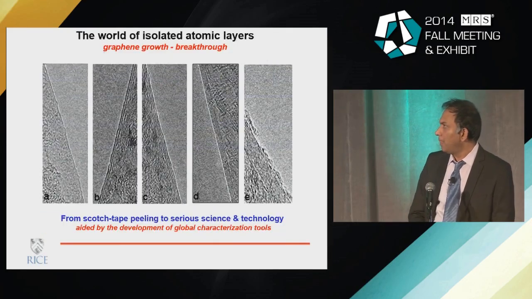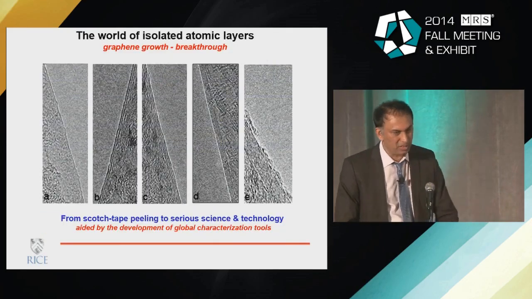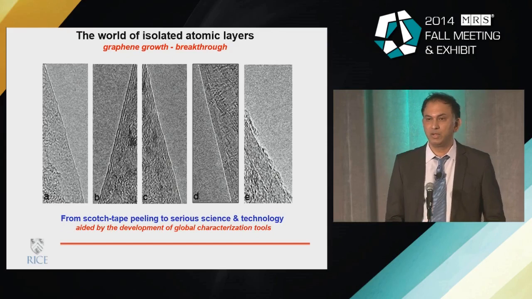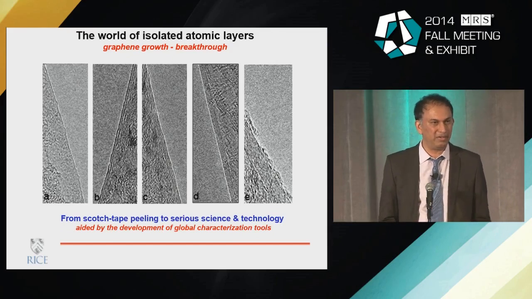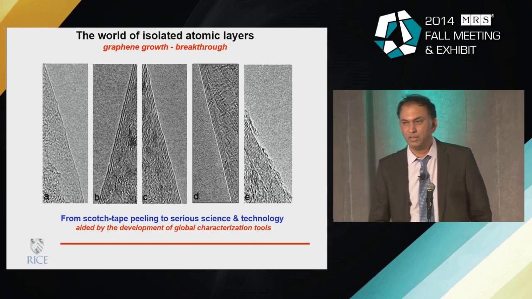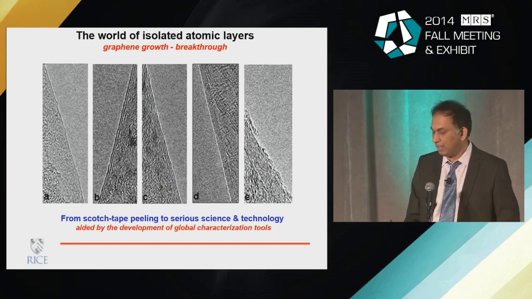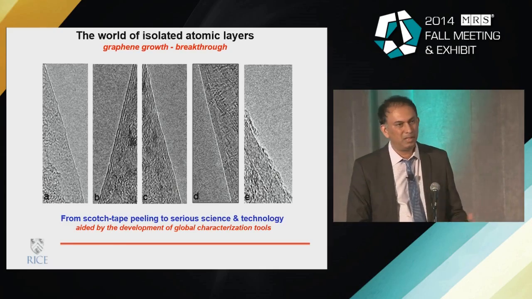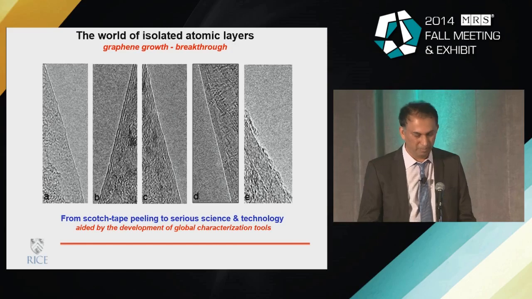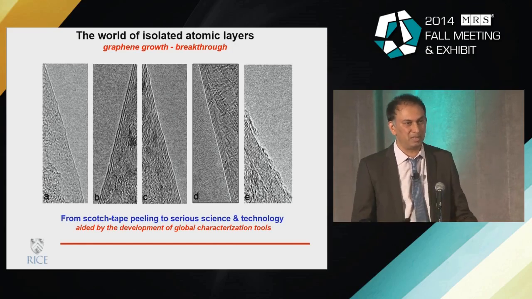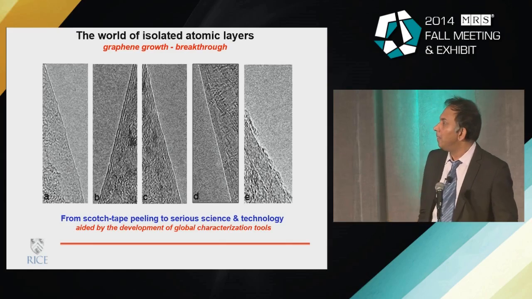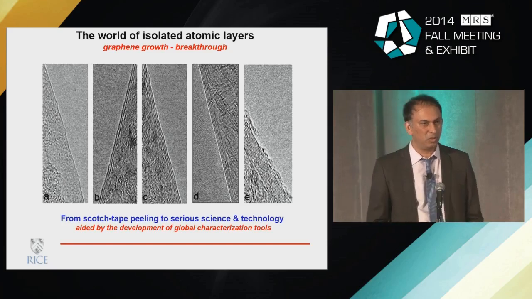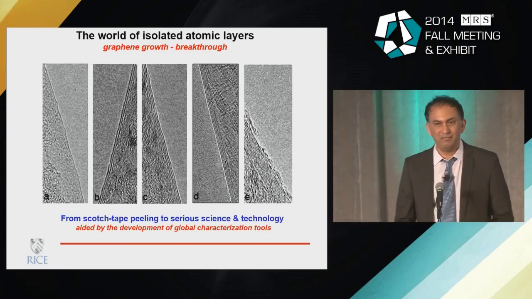Now, a real breakthrough happened a few years ago when the Austin group figured out how they can actually grow graphene material over large area, consistently using metal substrates like copper and nickel. Before that, most of the experiments were relying on this idea of peeling layer by layer from naturally occurring graphite, and that was a real pain, and that was certainly not scalable. But this has really changed the scenario, because people realized that you could in fact directly grow a very large area using vapor phase techniques.